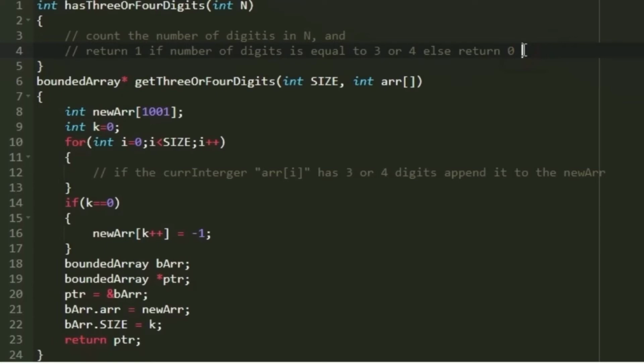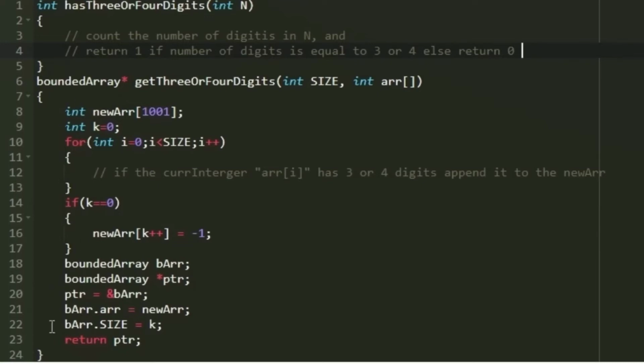In every iteration we divide n by 10, and simultaneously we increment the counter variable. Finally, after the execution of the loop, if the counter is equal to 3 or the counter is equal to 4, then we return 1, else we return 0. When we implement logic like this, we will be able to check whether the integer has 3 or 4 digits.